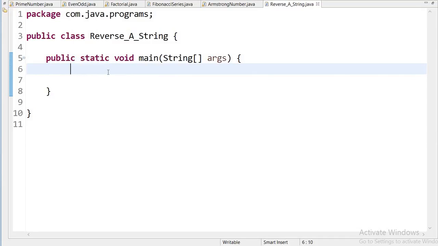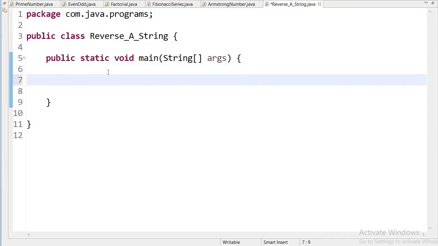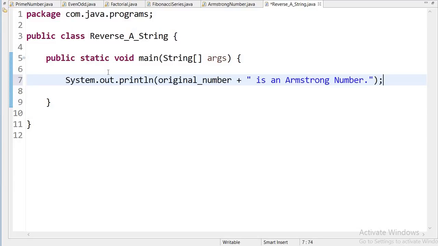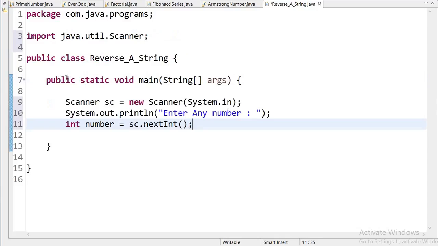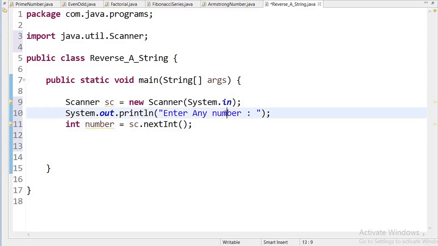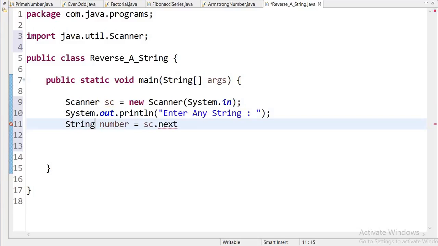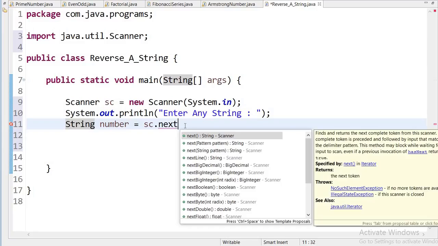Here I have created one class, reverse a string. After this program I will start data structure algorithms, and here I have to send input. I just copied from another program and I will paste here for send input. Here the user can enter any string value that he wants to reverse, and here the note will be int, here it will be string, and next